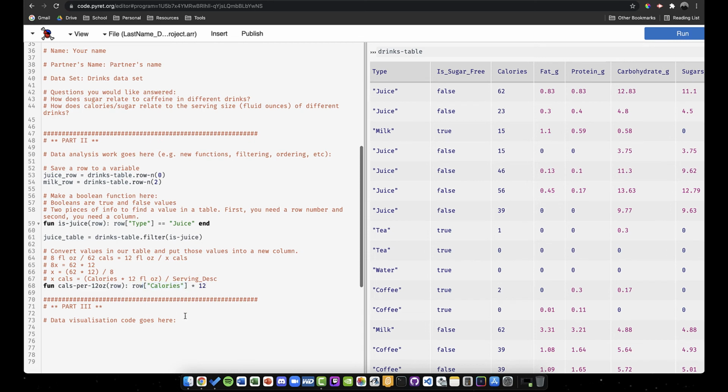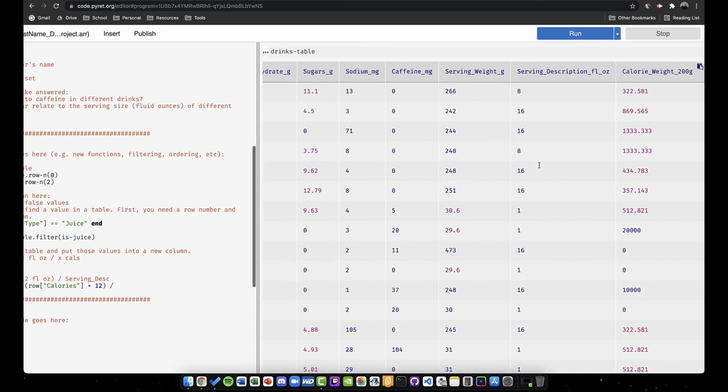And if you remember, this does need to be in parentheses. And because of order of operations, it should do it automatically, but I just do this to be on the safe side. So row and calories, that value times 12, and then I'm going to divide it by the serving